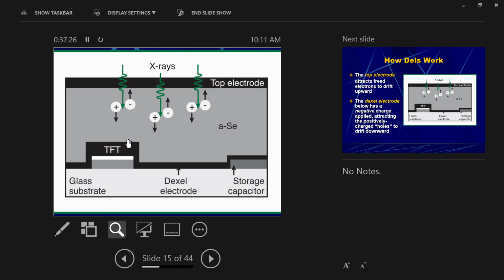Okay, so the way it's going to work is, remember, semiconductors allow electricity to flow. And what is electricity flowing? Electricity is electrons moving along a conductor. Okay, so these semiconductors have to be,